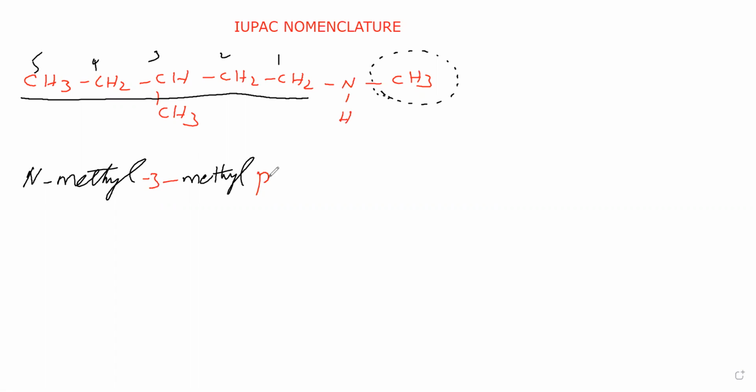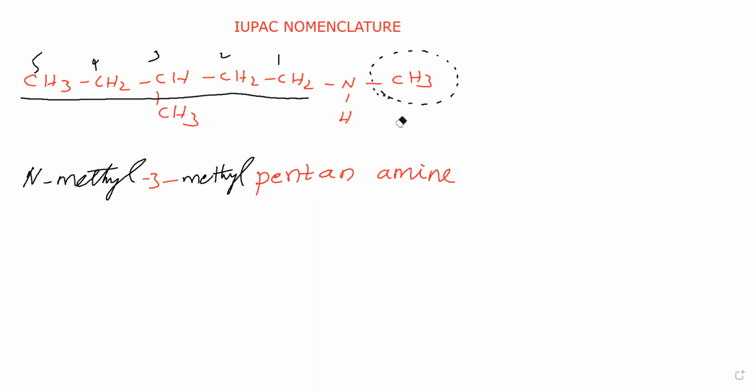And 5 carbon atoms are there. Therefore, 5 carbon atoms means the root word is pent. Carbon-carbon single bonds, so the primary suffix is ane. And the secondary suffix for this one is amine. That amine we will write. Now, let us drop this e, the last letter of the primary suffix. Now, this amine position we have to say. This amine is attached at the first carbon. Therefore, we will say 1-amine. If the position is 1, we need not mention that position. Therefore, we can remove this one. If we mention it also, no problem.